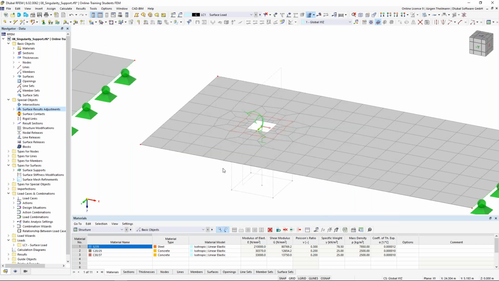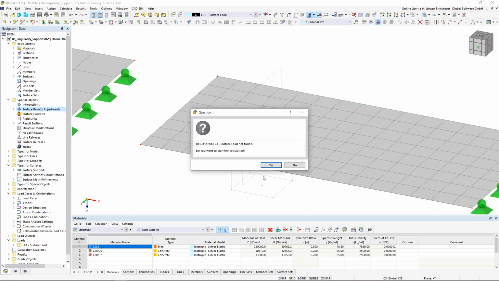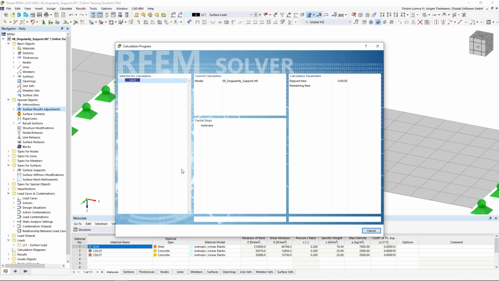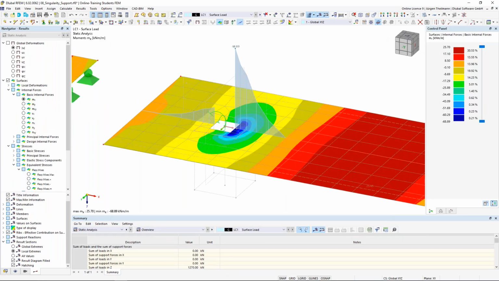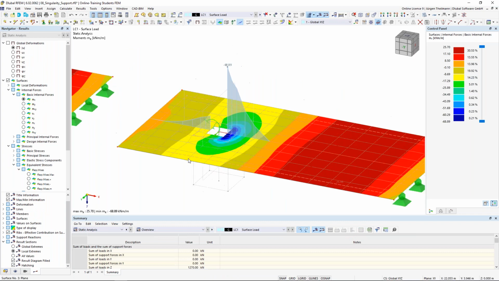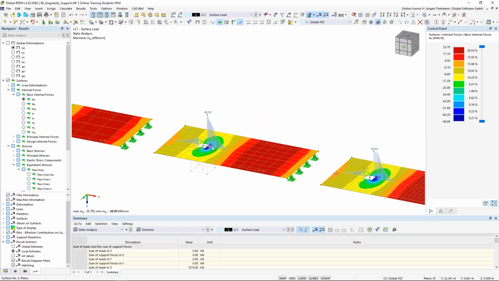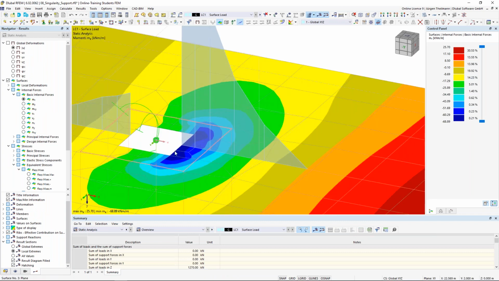Say OK, and now we have a smoothing range that includes the whole size of our FE mesh refinement on the node. And if we just compare this, you can smooth the result, but in this case, it didn't do much good